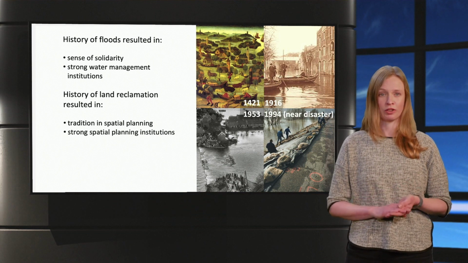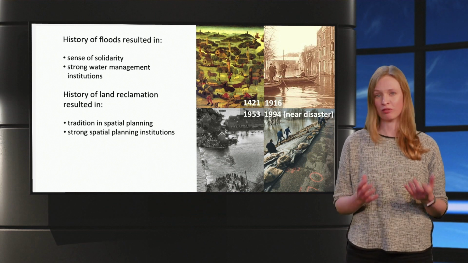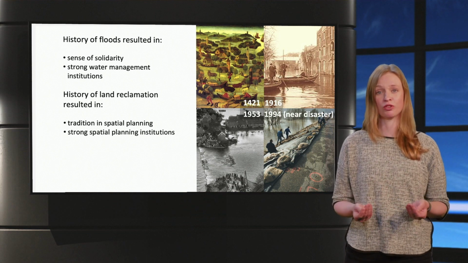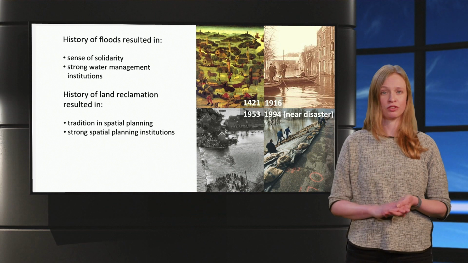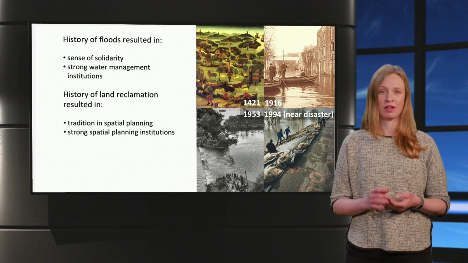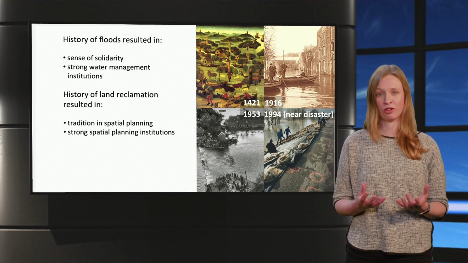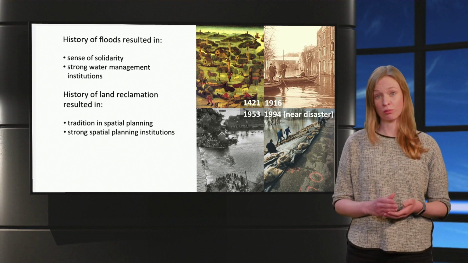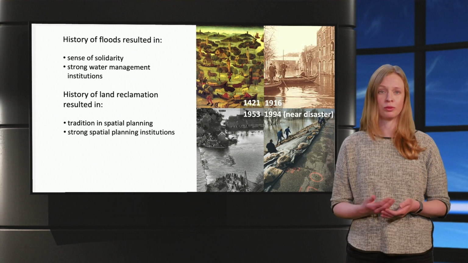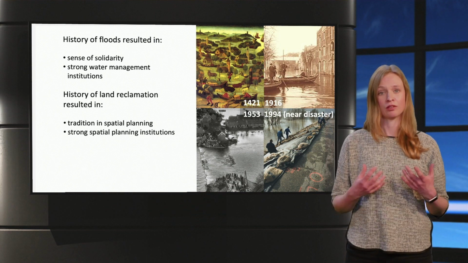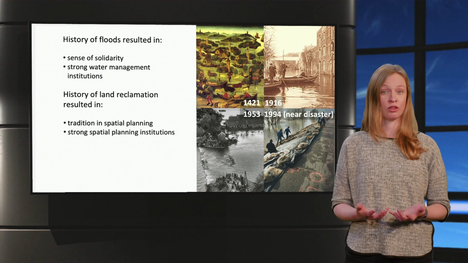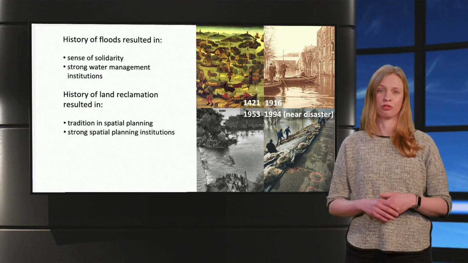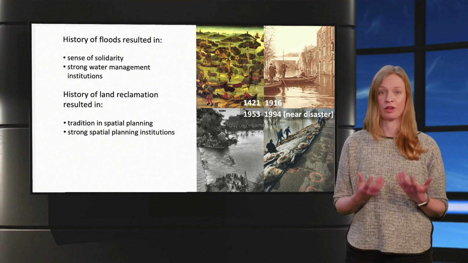The relation with water and a history of learning by doing and flood disasters shaped the organization and institutional embedding of water governance in the Dutch governmental system. The deeply embedded solidarity when it comes to flood risk is still alive, and it also played its role in the Room for the River program. For example, citizens in the village of Lent that were forced to sell and leave their houses for the Nijmegen Room for the River project stated that this was difficult for them, but that they felt